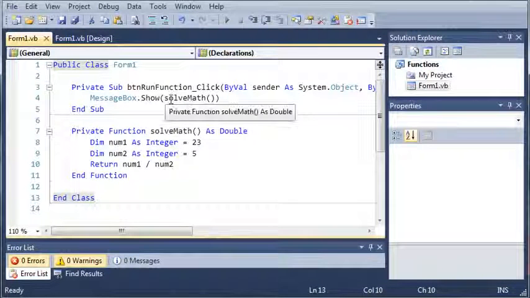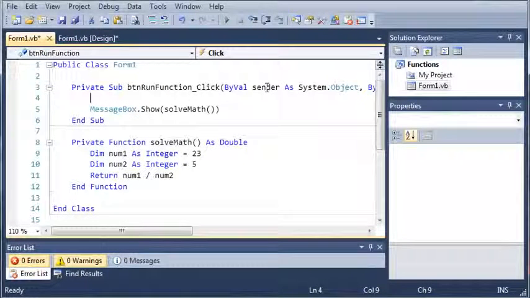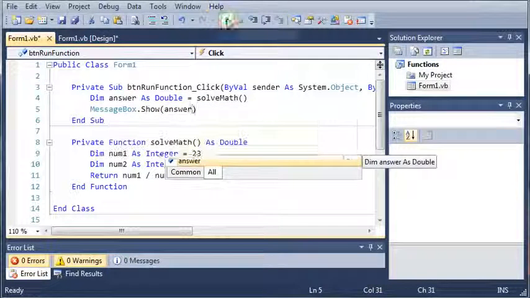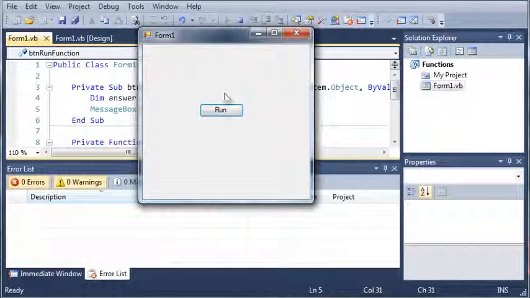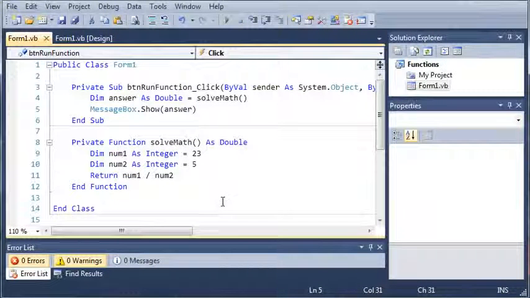Now instead of just displaying this inside of a message box, what if we want to save that value for later? So let's come up here and create a variable. Dim answer as double, and we will set it equal to solve math, which is going to get the math 23 divided by 5, and then we can just print out answer. If we run this, it's going to work exactly the same. We click run and we get 4.6. Now with functions, you can have a function that is a double, an integer, a string, a character, a boolean, whatever you want. So go ahead and make a couple functions,